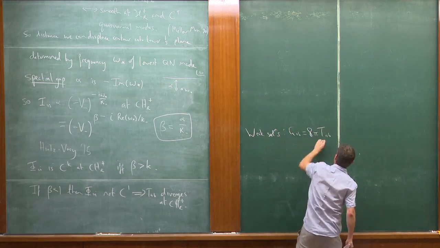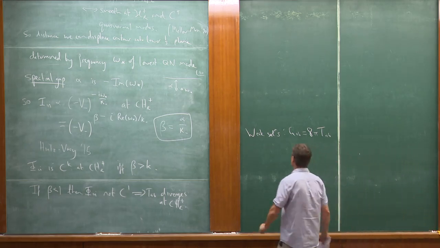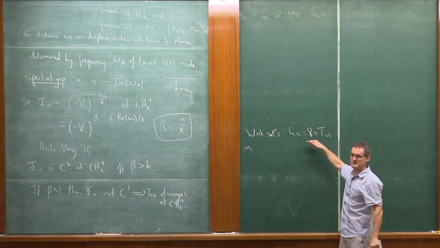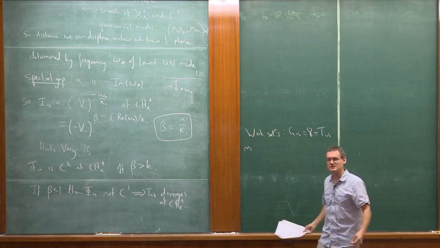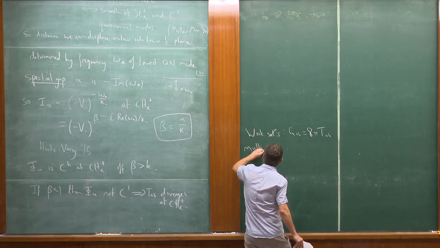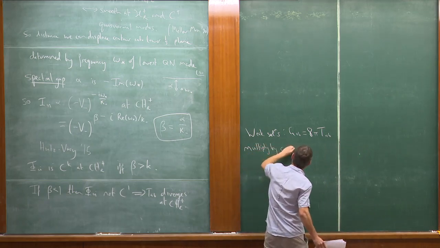with matter. Let's say this matter is our scalar field. So what do we mean by a weak solution of this equation? We're considering a situation where the metric and the scalar field might be diverging in some way, like we were over here. And we want to ask, can we still make sense of the equations of motion? And the way you do that is you multiply by some compactly supported smooth